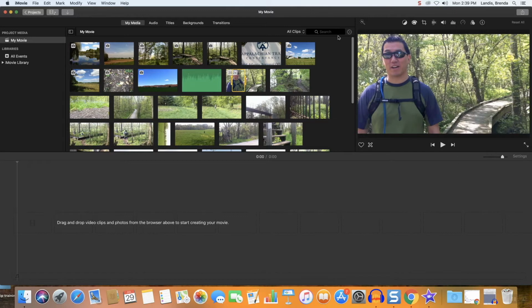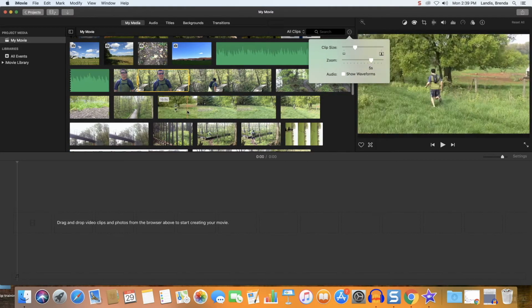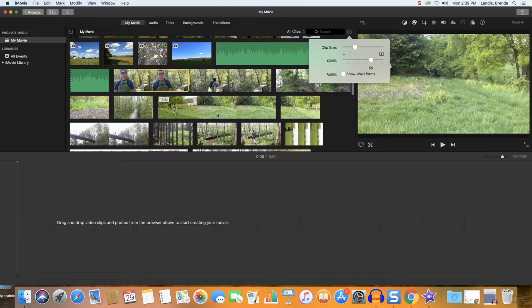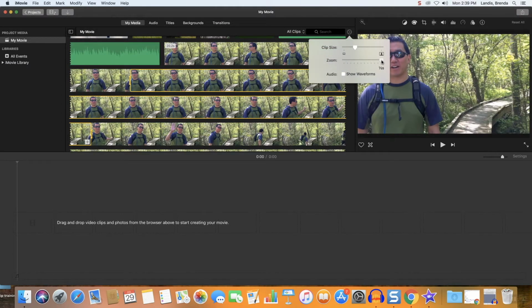So let's show you that technique and tool up here. Up in the upper right hand corner is this gear. I often come up here and adjust how I'm looking at my raw clips. I will zoom into this, and what it'll allow me to do is more quickly see on a frame-by-frame basis, depending on how far I stretch it out, exactly